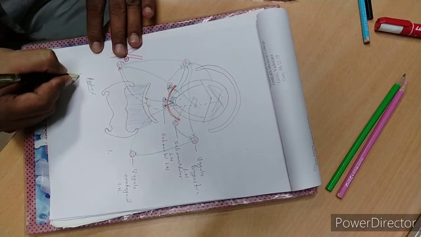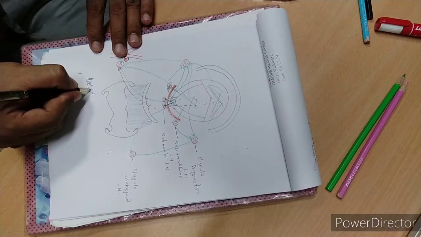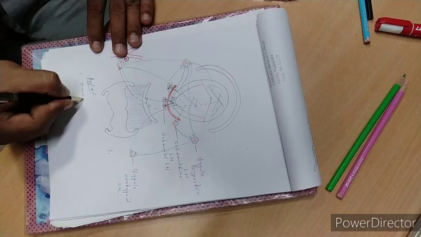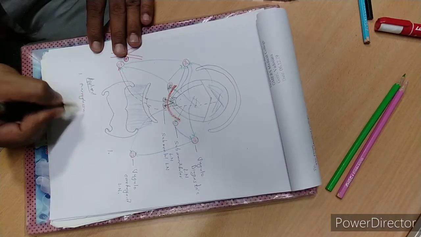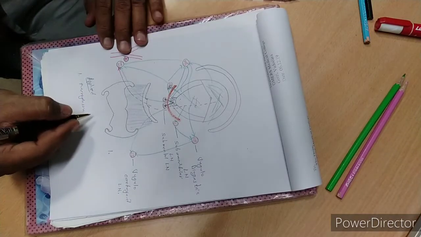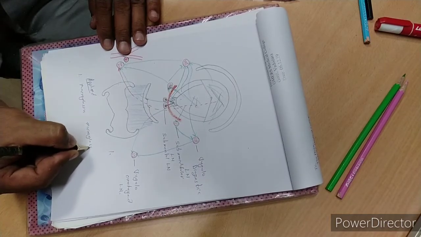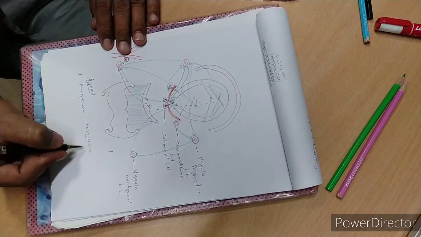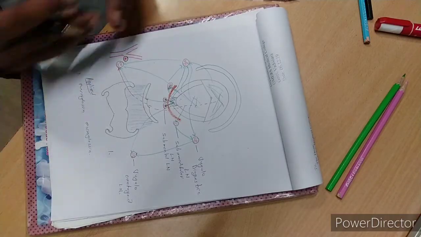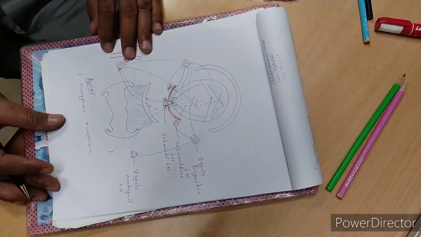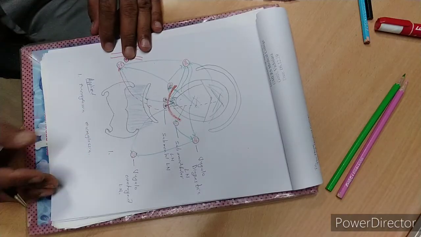In the applied aspect, there are certain congenital anomalies found in the tongue. There may be macroglossia, which means the tongue is abnormally enlarged, or microglossia. The tongue is small because fusion of the lingual swellings is affected, either one swelling develops or the other swelling does not develop. So only half of the tongue may be present.